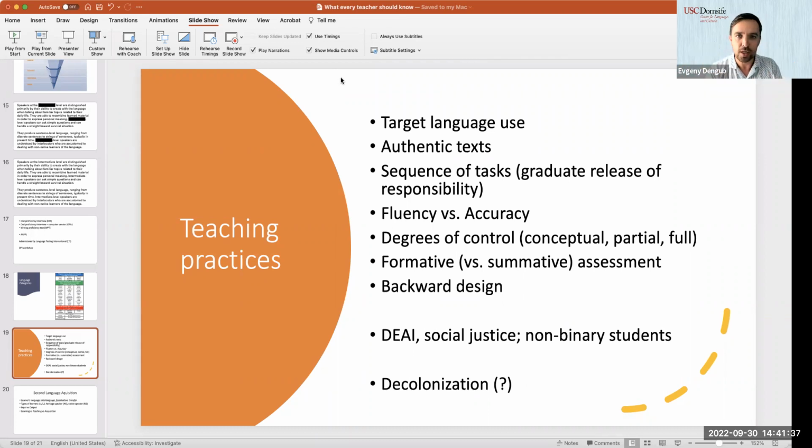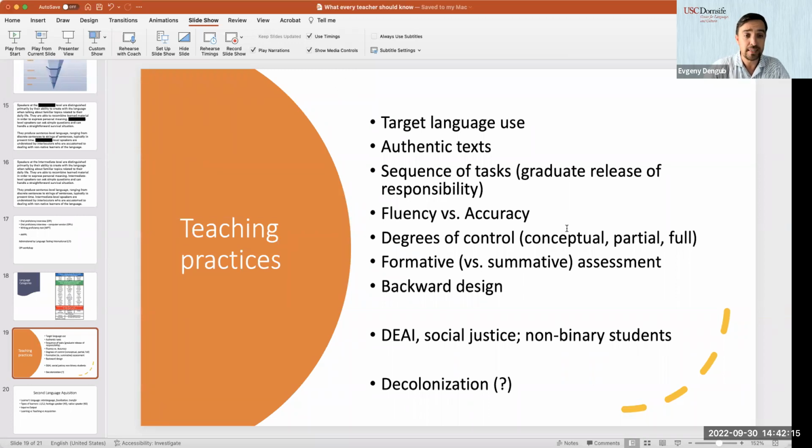Should you only use target language? Can you use target language when explaining grammar? I think essentially we should make the decision based on who we teach, what we teach, and which context, but maximizing the target language use, using as much target language in class and asking our students to maximize that, should be our goal. But that's a point for debate and conversation.